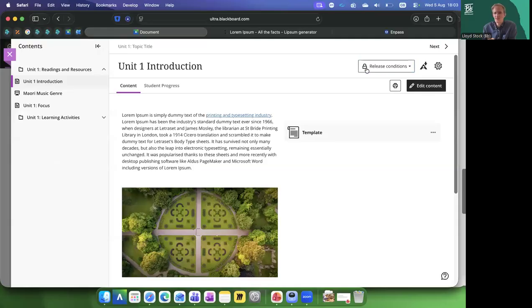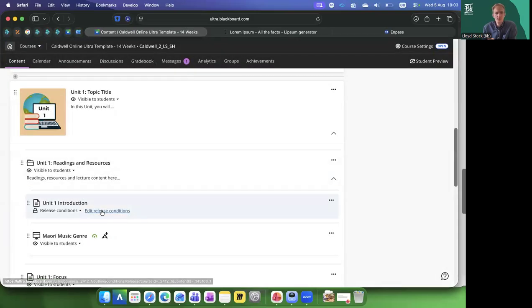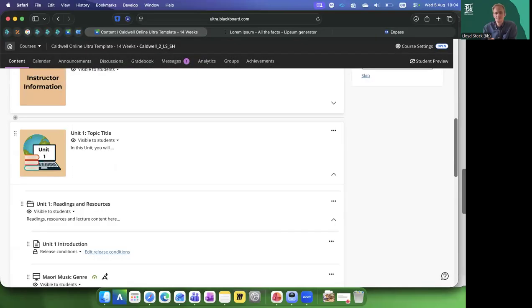Notice now that it doesn't say hidden or visible. It says release conditions. If I come out of here and I hover over the release conditions qualifier, it explains students can access the content after the date that we've set. And if I go into student preview mode,